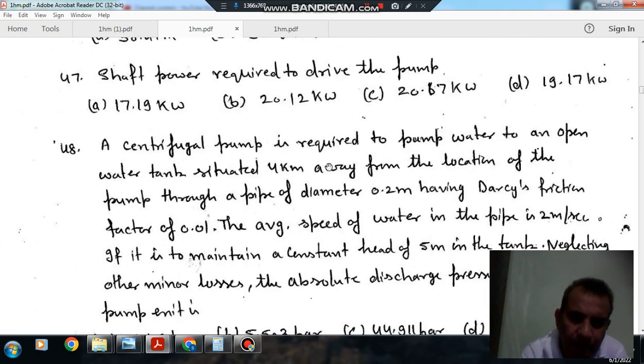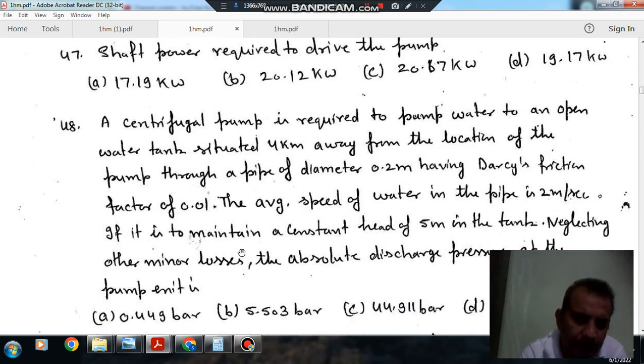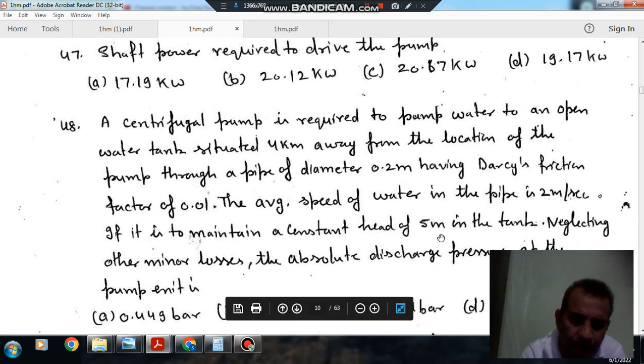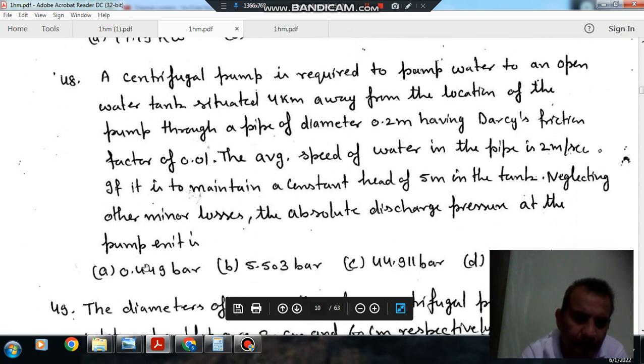A centrifugal pump is required to pump water to an open water tank situated at 4 km away from the location of the pump through a pipe of diameter 0.2 meter having Darcy's friction factor of 0.01. The average speed of water in the pipe is 2 meter per second. If it is required to maintain a constant head of 5 meter in the tank, neglecting other minor losses, the absolute discharge pressure at the pump exit is option A